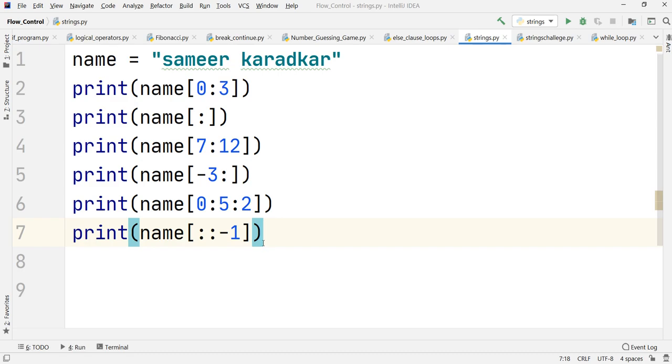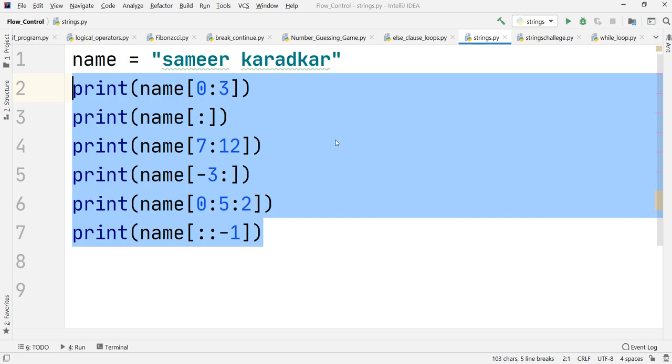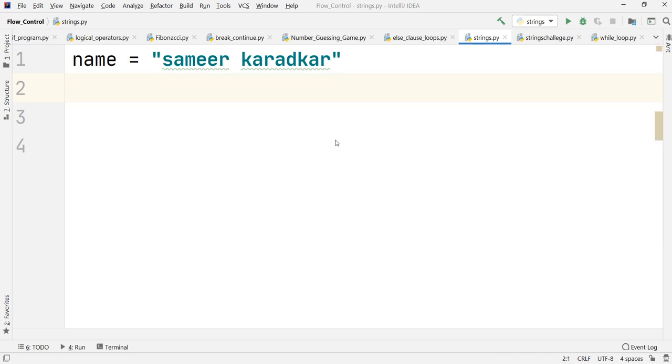There are a few more things that we will have to see regarding this slicing. I'll just remove this part out. What can also be done is that I can check the presence of a particular part of a string in the whole string. Suppose I want to check whether this "me" is present inside this total string. So how can it be done? Let us just see. It is very simple.